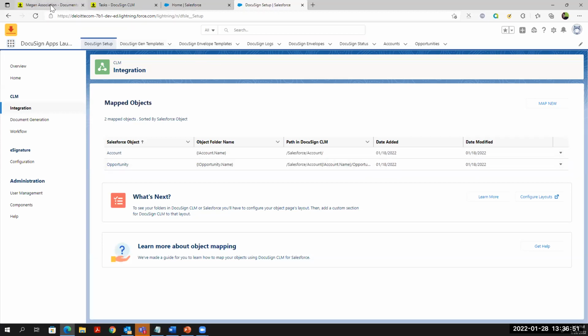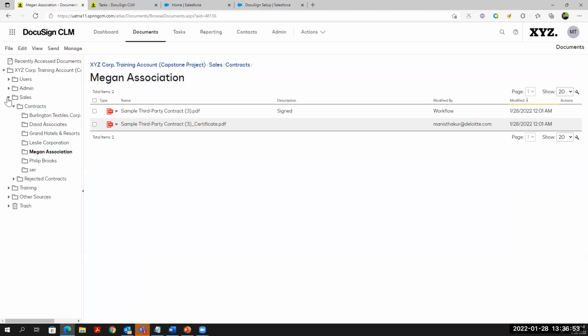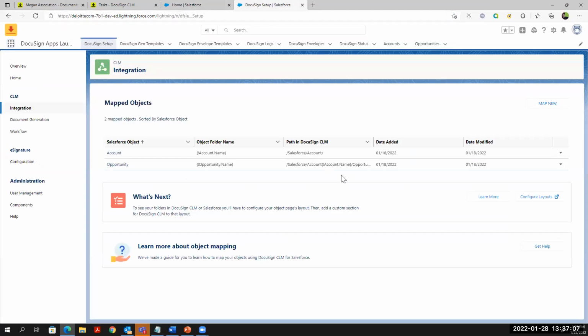If you want to validate this, you can simply go back to CLM, and you see a folder has been created in the Salesforce folder, which says that there's an account, and another account, there is opportunity. This is what it reflects. So this has been mapped now. Now another thing to validate, if you see,